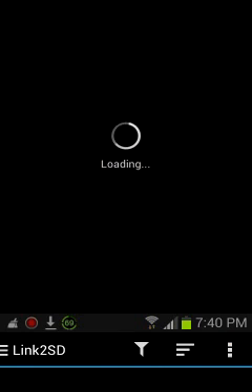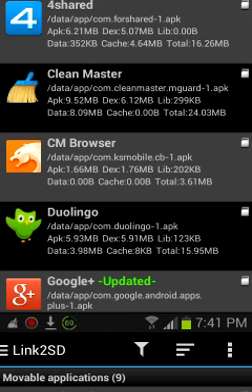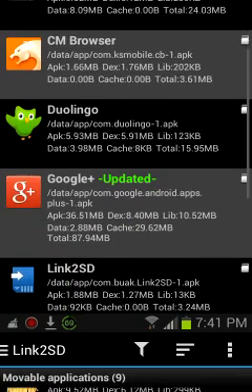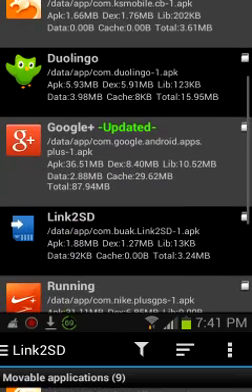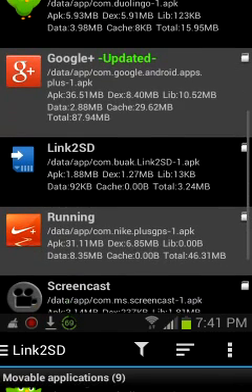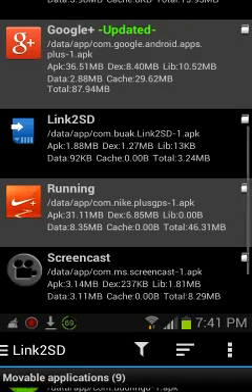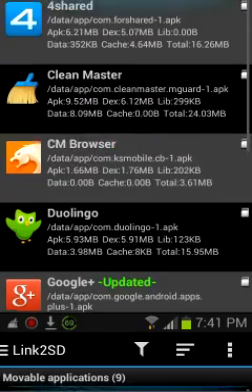Link2sd is an application that reformats your micro SD card to also have an ext partition. An ext partition is simply short for extended file system. You see, if you've ever gone to your file manager, you will have noticed that everything saved on your device has been stored in a file. This is because any durable memory is stored in some type of file in order to be read on the device and ergo function properly. The ext partition is